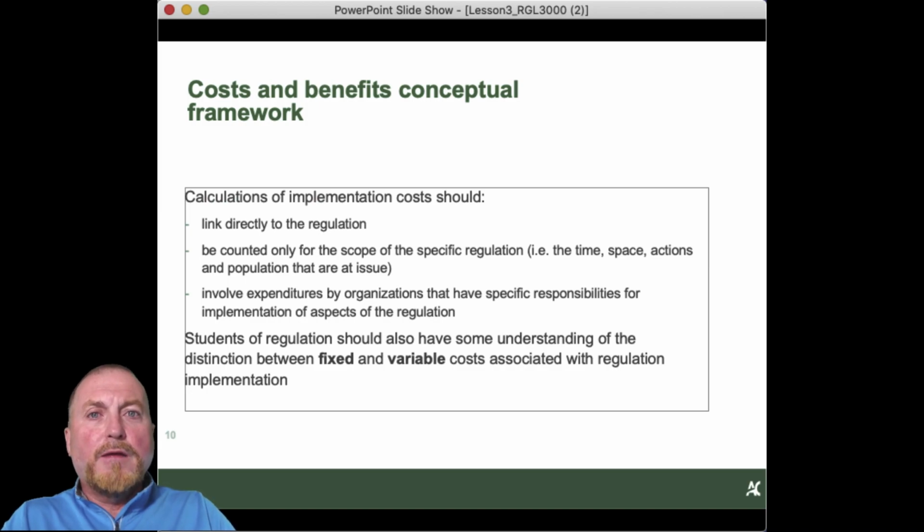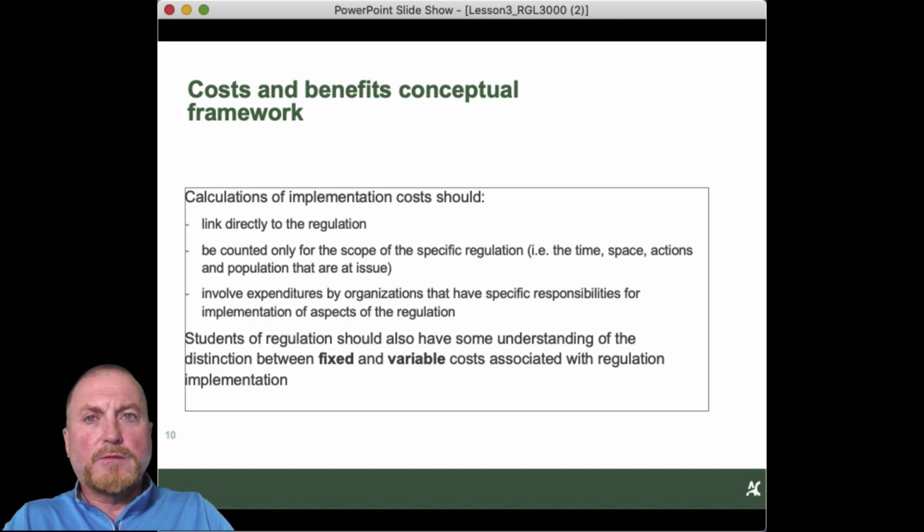For example, if Environment Canada is regulating hazardous compounds and their transportation, and obviously under CEPA, the Canadian Environmental Protection Act, the health minister also has a responsibility there. But then because you're regulating transportation, you would be involving Transport Canada, and they would also have a role to play in the regulation and its implementation. And each of these organizations would have costs associated with it that need to be budgeted for